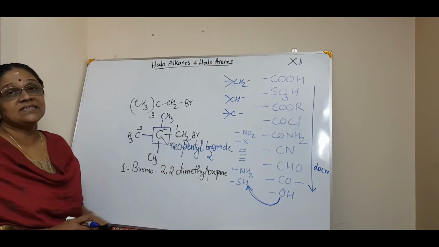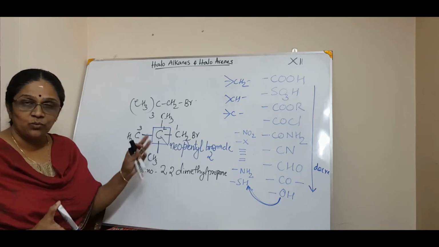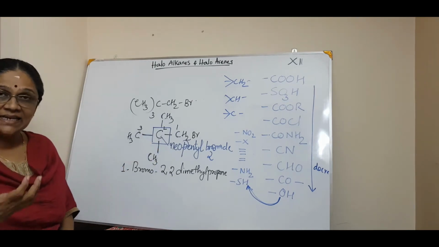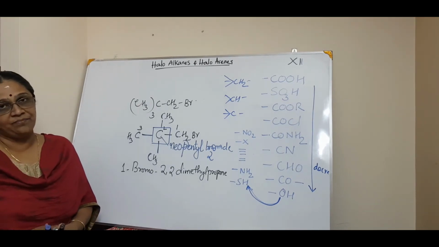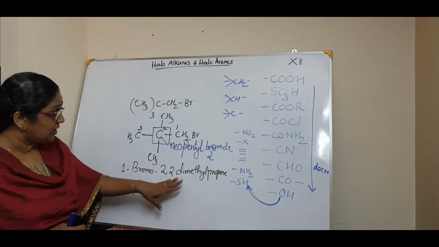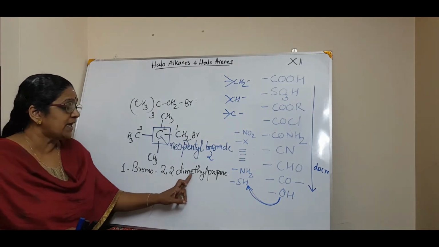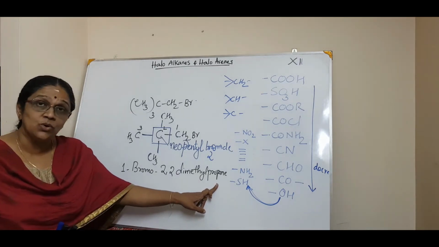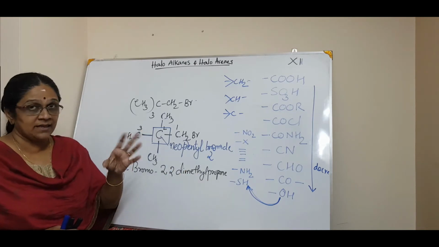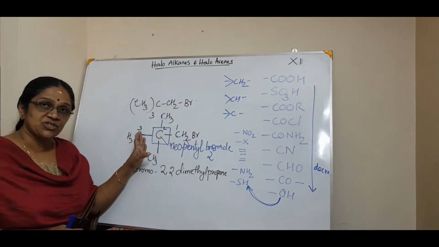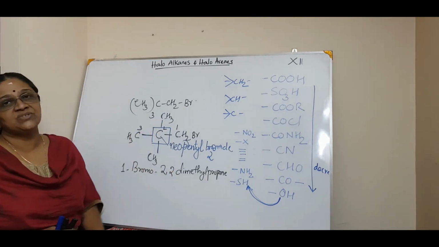So that is the difference in how you write the common name as well as the IUPAC name. But don't worry about the common name. You just study that. But from an examination point of view, they will only ask you the IUPAC. One more thing they will ask you: they will give you a name, that is 1-bromo-2,2-dimethyl propane, and ask you to draw the structure. That also we will see. So 2 types they can ask. One is by giving the structure, you name that. Second is by giving the name, you draw the structure.